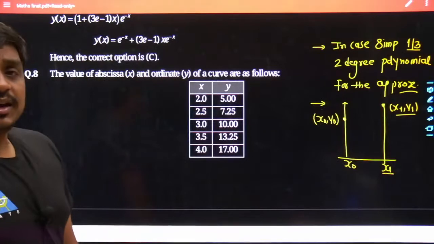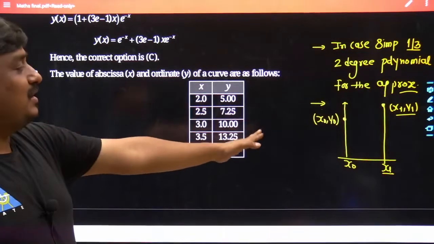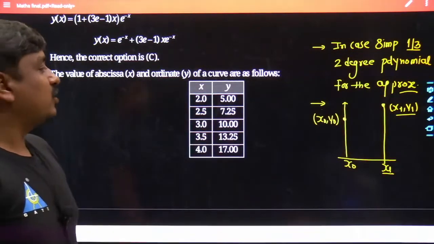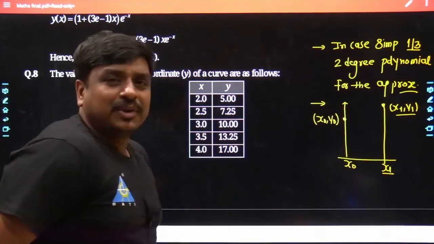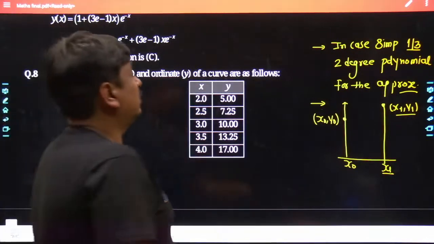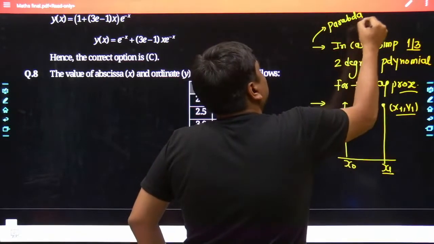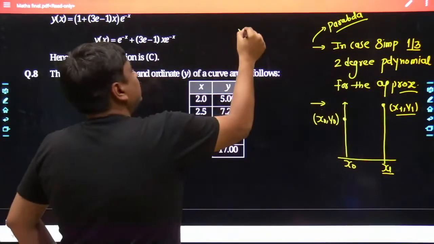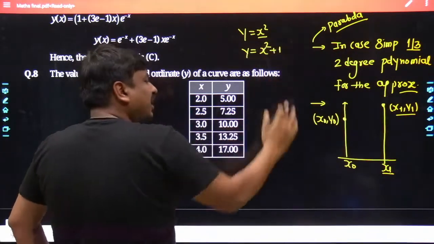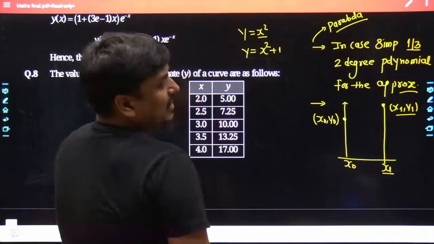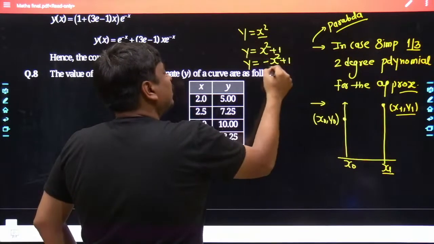But as it has been clearly given, you cannot approximate linearly between these 2 points, x0, y0 and x1, y1. You have to take a second degree polynomial. May I know what it means by second degree polynomial? The second degree polynomial is a structure of parabola. Agreed with what I am saying? Yes, you can see, no? Like y equals x square, it is an upward facing parabola. If you take y equals x square plus 1, again it is going to be an upward facing parabola, just shifted by x equals 1, y equals 1. Even if you take y equals minus x square plus 1, still it is a downward facing